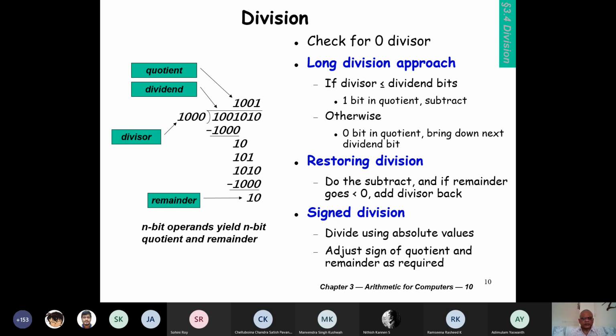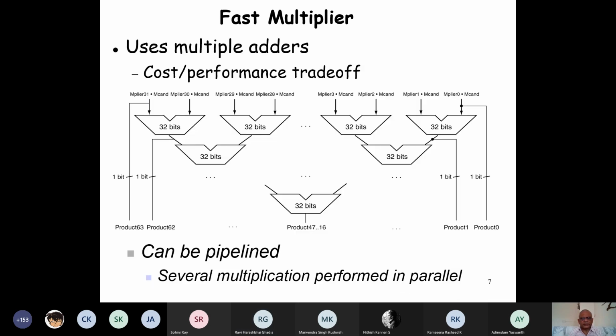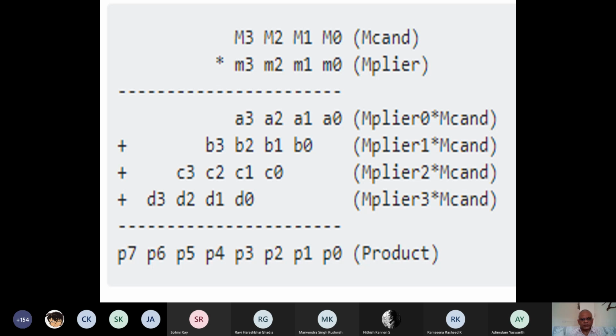Let's look at it. Excuse me, sir. Yes, please. Sir, can we move to the fast multiplication slide? Here we are not taking into account that we also need shifting, right? So you are saying that in our multiplication, we were taking only the 3 bits here and putting 0 here, etc. Is that your question?